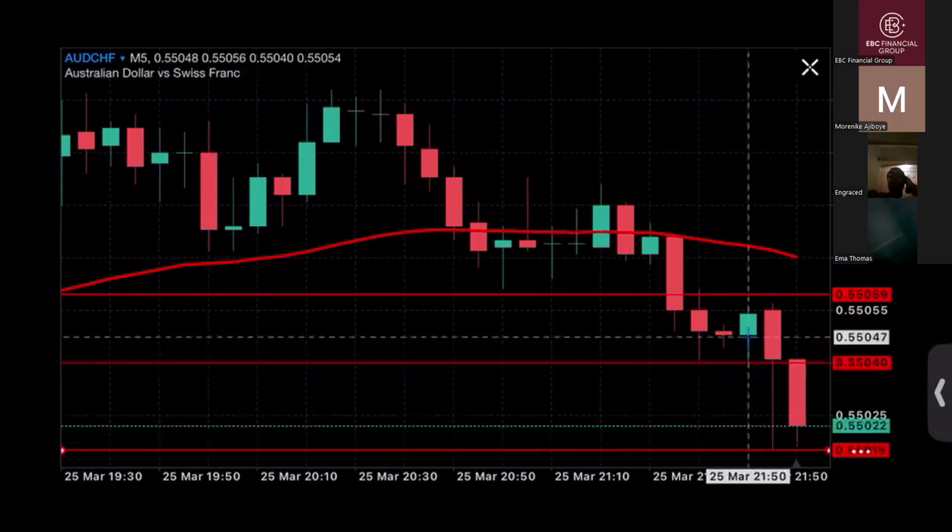Don't calculate anything. Just use your crosshair. This thing is called a crosshair. On your phone, it looks like a cross. Just use it to get the price of that place. If you're using an MT4 or MT5, just drag your stop loss there, put it there, then your take profit too.